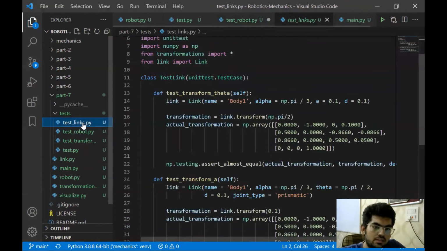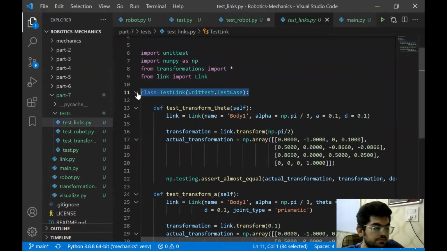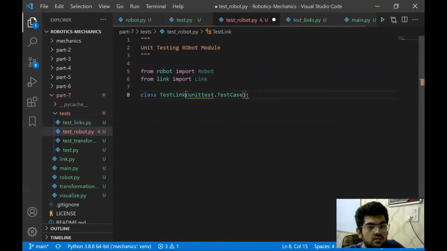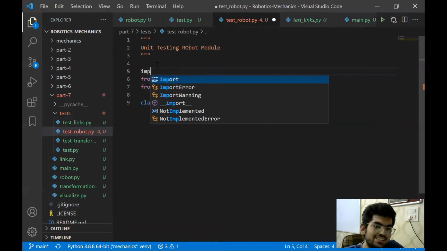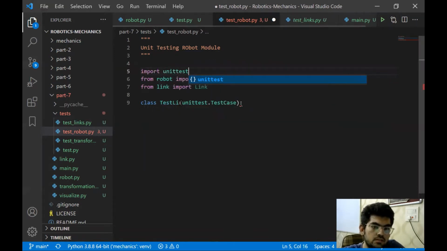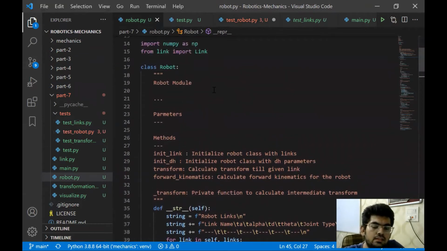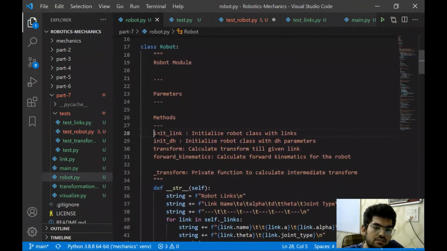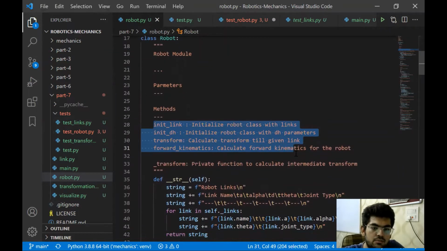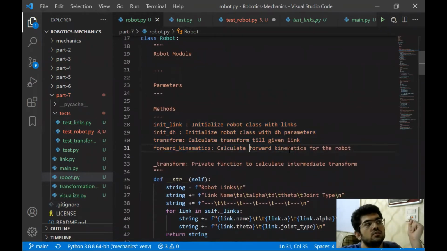Import unittest. I think there are only these functions that we need to check: init link, init dh, transform, and forward kinematics. Now, what we can do is, in the init, let's see. Init link, transform.